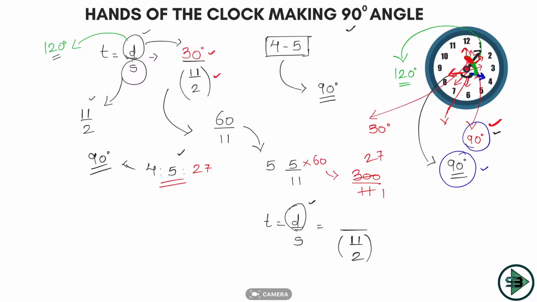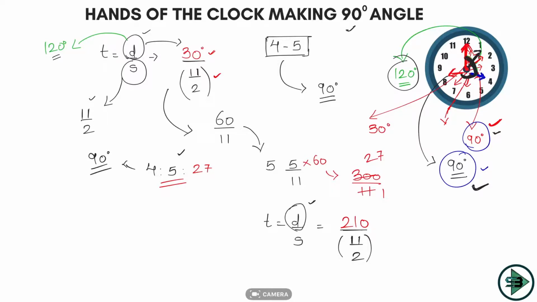So it was here at the start. Now it has to travel this distance, imagine this entire, and it will come here. So this is the entire black distance that is being traveled by it, which is nothing but 120 plus 90. First it will coincide, and again it will go an angle of 90 degrees. So that is nothing but 210. So 210 degrees the minute hand will have to travel to make the angle of 90 degrees for the second time.